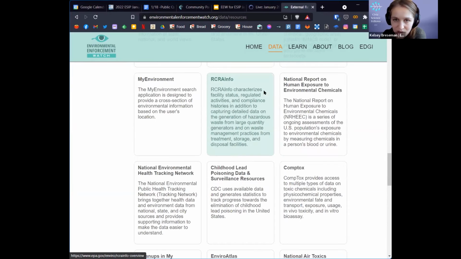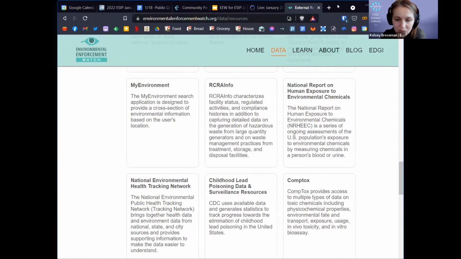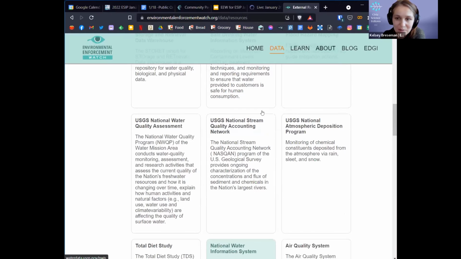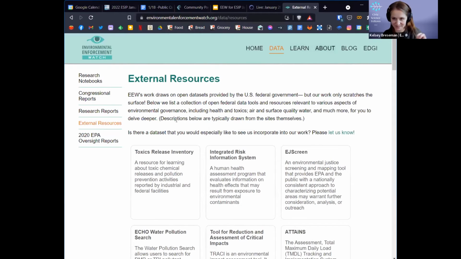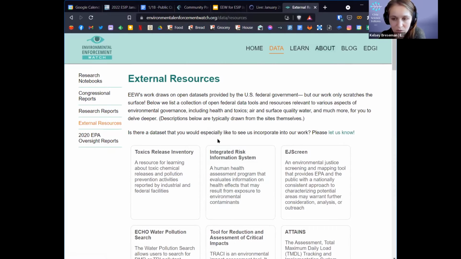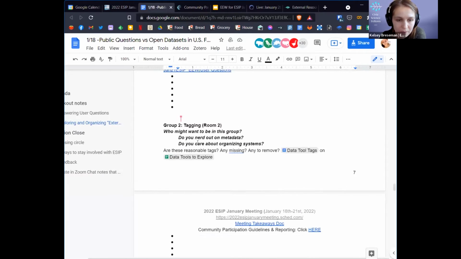One of the things that we started to do is try to categorize these tags. One of the things we're hoping to do with these tags is add a little filter bar at the top here where you could check boxes like fish, health, contaminants, or something like that. And then you'd be able to get just the ones that are relevant to what you're working on, and helpfully find the right tool for your needs.